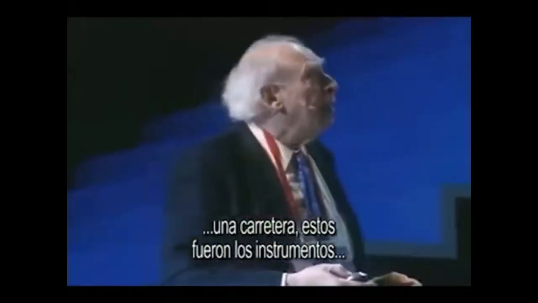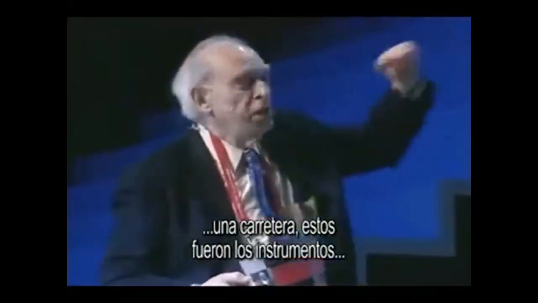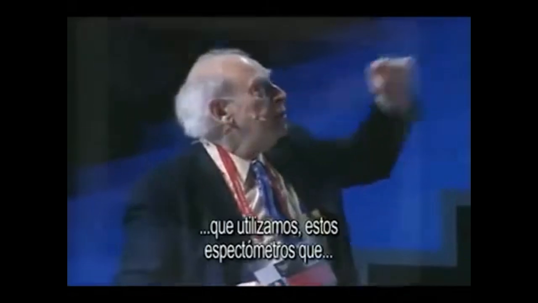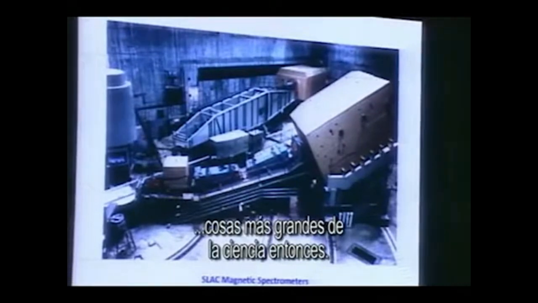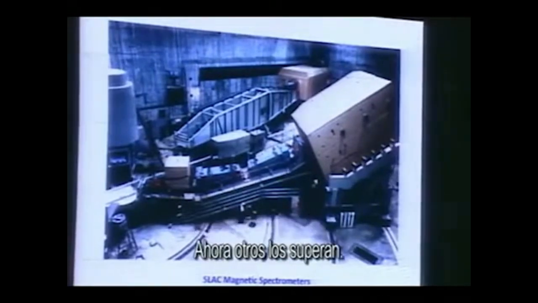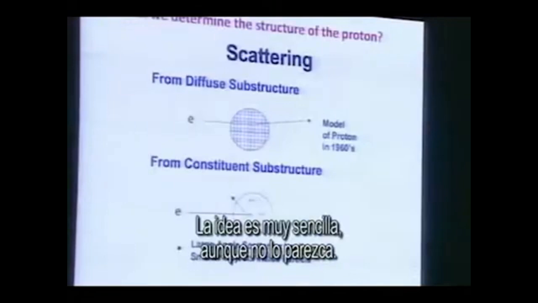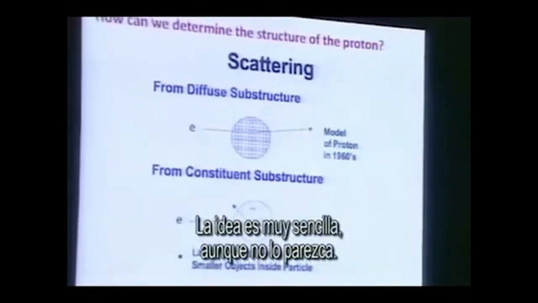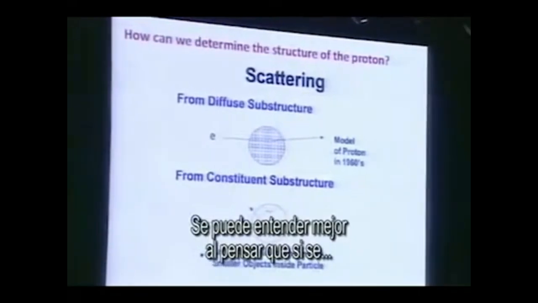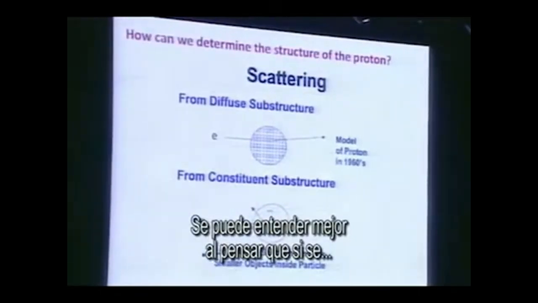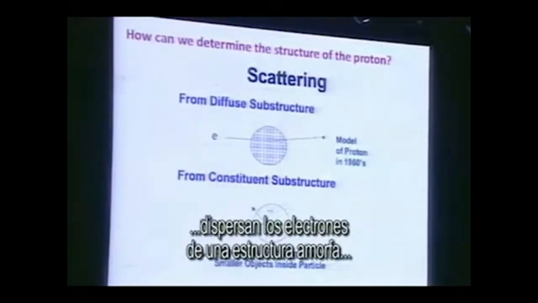And here are the instruments that were used. In a certain sense, these were the detectors and the spectrometers used. I don't have time to describe them. They were the biggest things in physics at that time, the biggest instruments. They're now dwarfed by other things, and I'll talk a little bit about that. And the whole idea there is very simple. This got a little garbled, but the idea is, if you scatter electrons from an amorphous